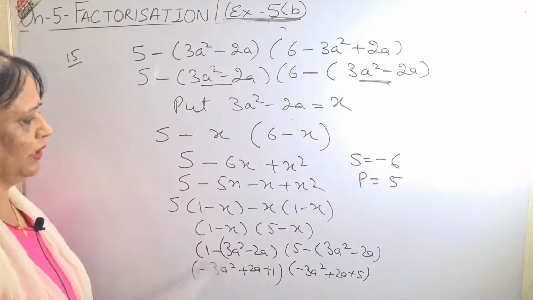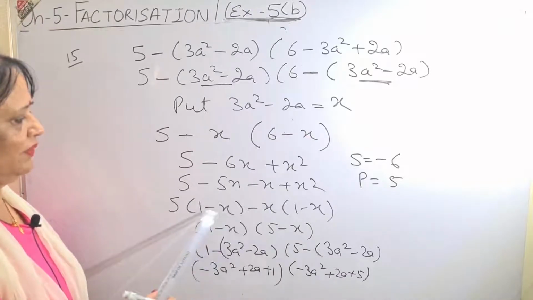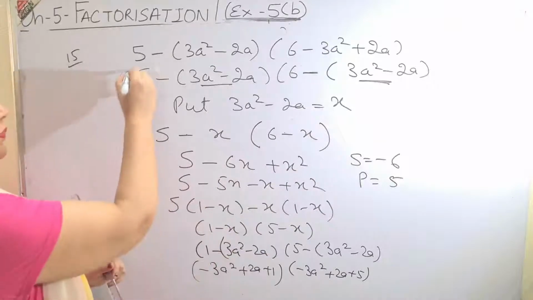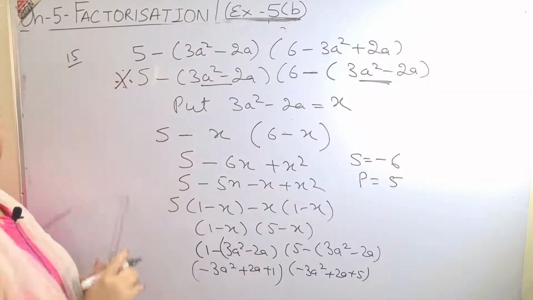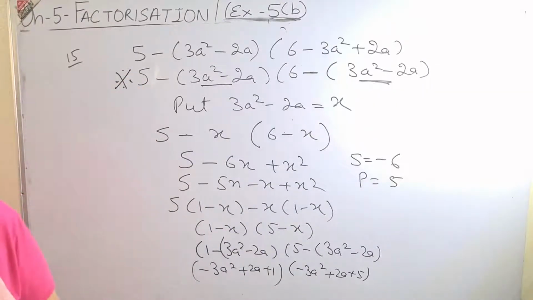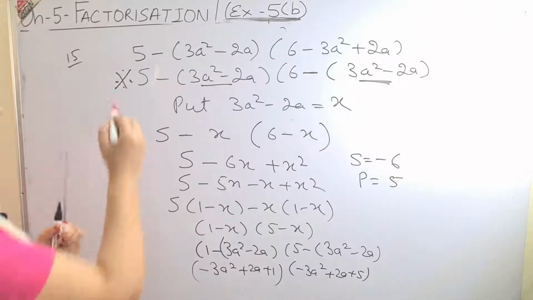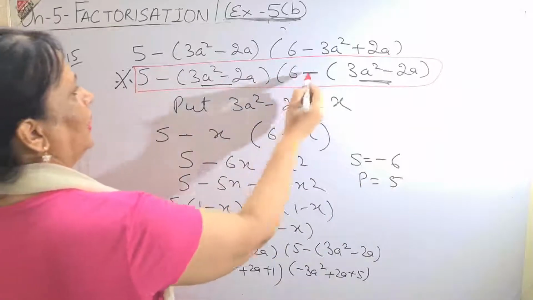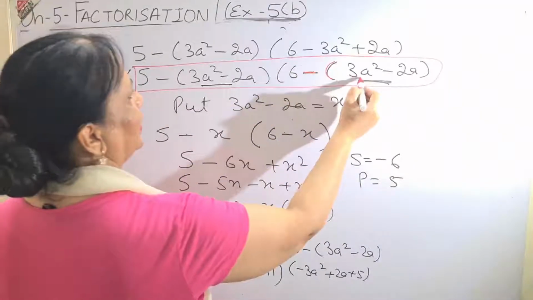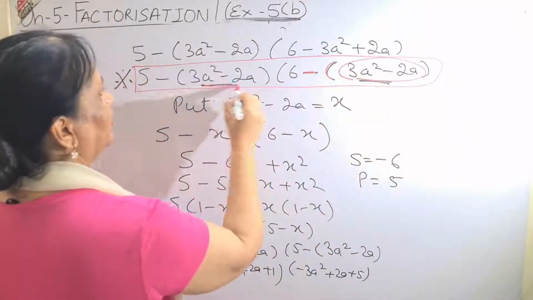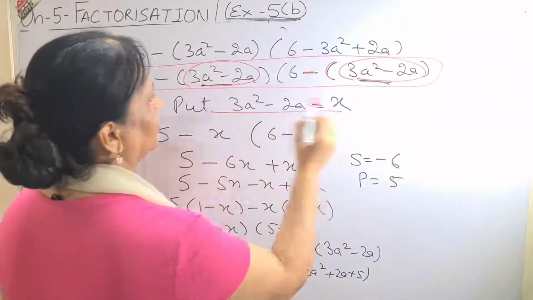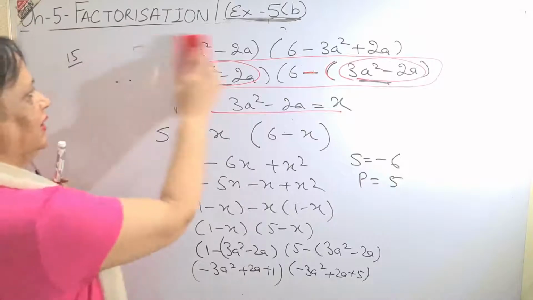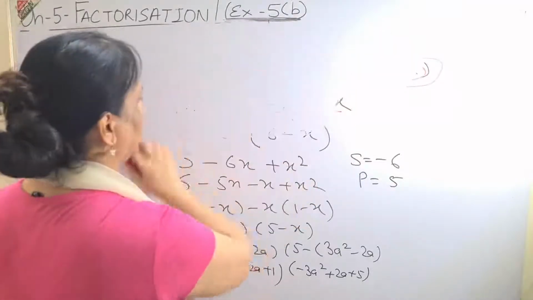So this is how you do it. See, it's so simple. I have done in front of you only this thing in the beginning, step number 2. Step number 2 is to be done nicely because it carries marks. This step, I am marking it with red, the minus sign outside so that these two factors become the same, and then I substitute it. Then come to question number 16, a very easy one,